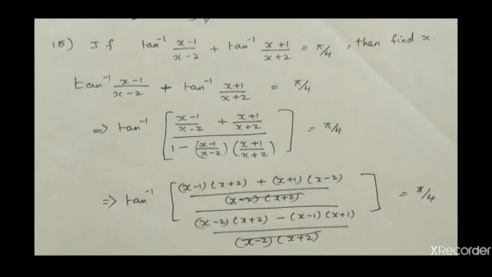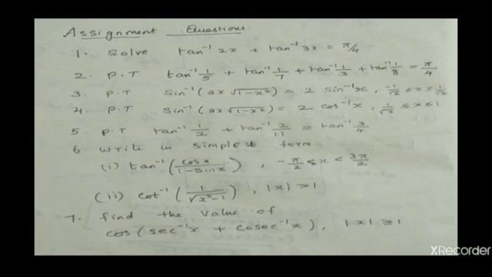So this tan inverse, it will get reduced to tan inverse of this expression, and take tan inverse to the other side. You will get tan pi by 4, which will give you 1. And then on simplifying these values, we will get 2x square minus 4 by minus 3. So on simplifying this further, we will get x as plus or minus 1 by root 2.